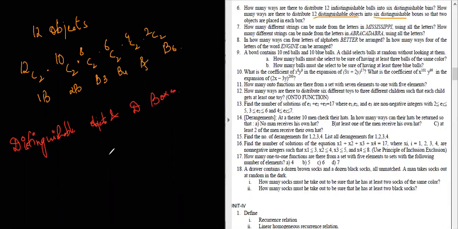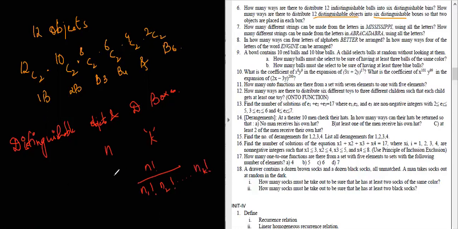is the number of ways to distribute n objects into k boxes is n factorial by, so how many are we placing? n1 is the number of objects to be placed in the first box, factorial, n2 factorial, and the last box k will have nk objects. So this way we can even do it.